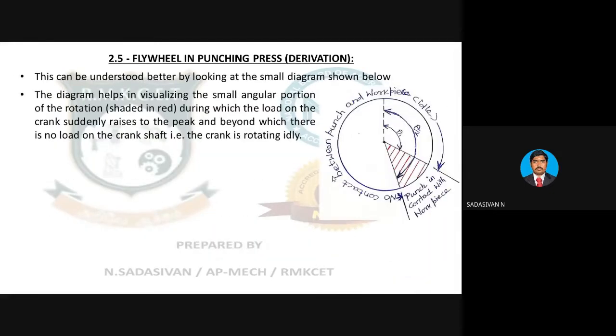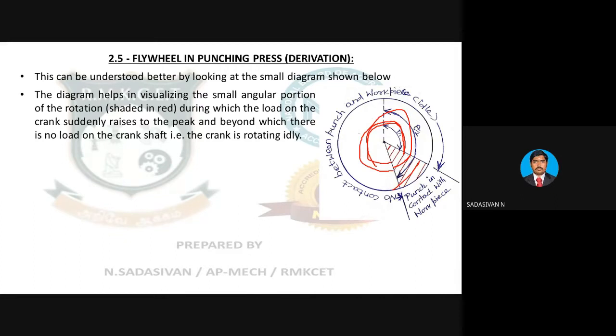One thing you have to remember, in the 360-degree crank rotation, I have shown you a punch press in the beginning on the diagram. So the tip of the slider crank has a tool, and it is working on the material. For the majority of the revolution of the crank, the workpiece is not touched by the tool. Only during this short span of time, suddenly the energy demand will come. Remaining time, there is no load on the machine. Suddenly your load will come.